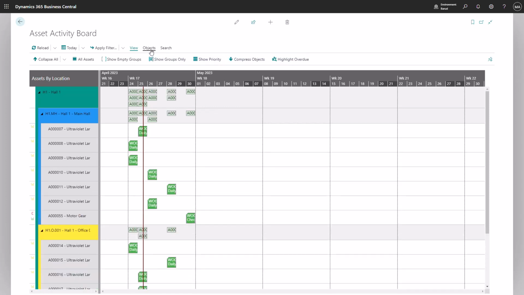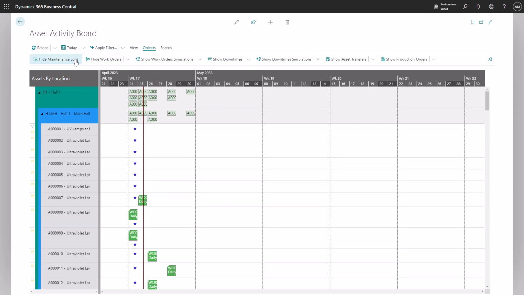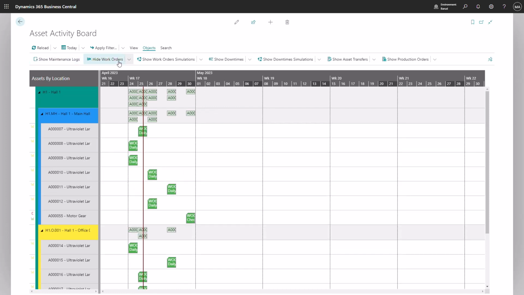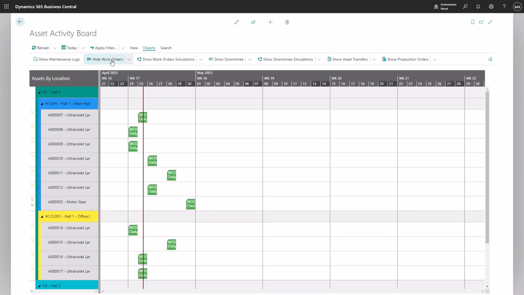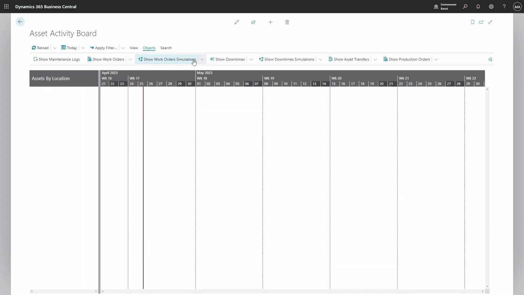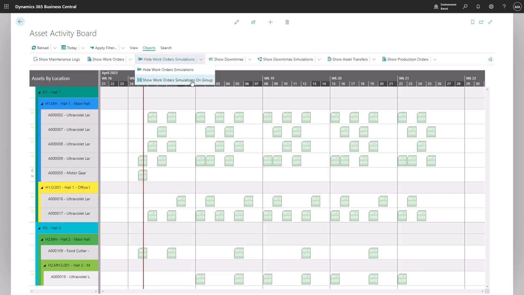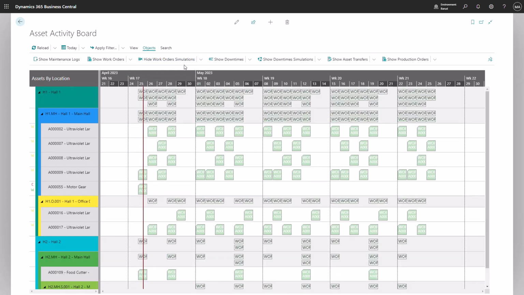Use objects from the toolbar to adjust the visibility of allocations on the board. From objects, you can show or hide maintenance logs, hide work orders, and hide or show work orders on groups. By showing work order simulations, you can see resources and items expected to be consumed on the chosen work orders